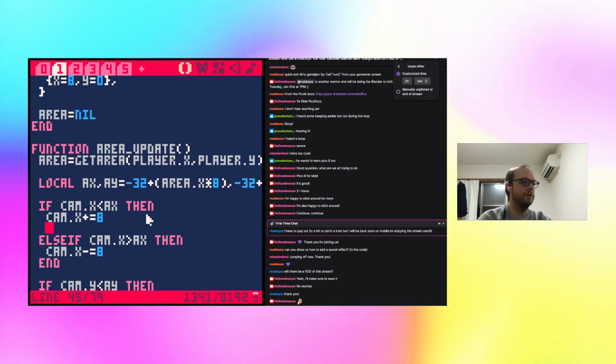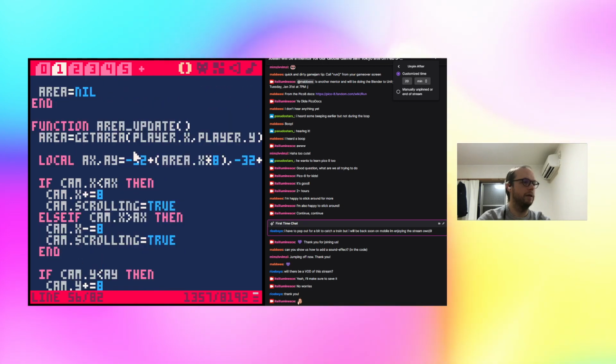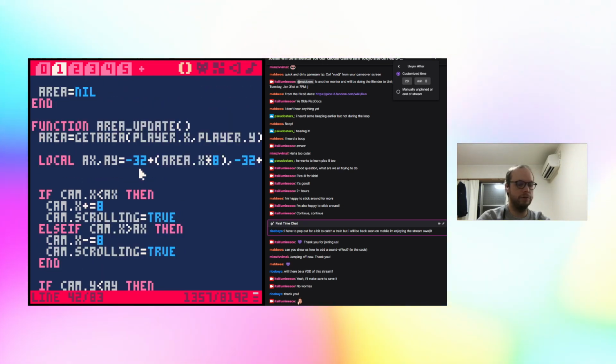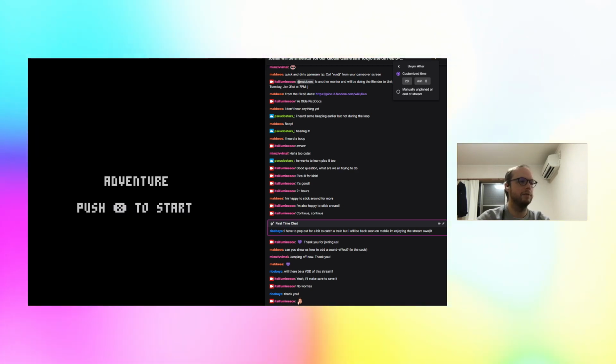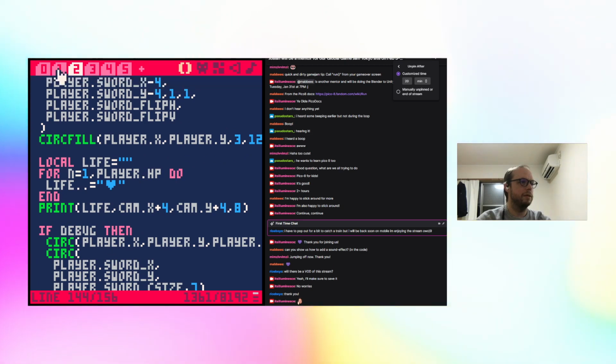So if the camera's moving, then I'm just going to set it to true. By default, I'll just set it to false every frame, unless we calculate that we need it to be set to true. And then in the game update,